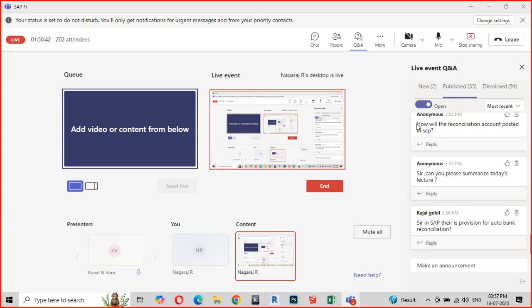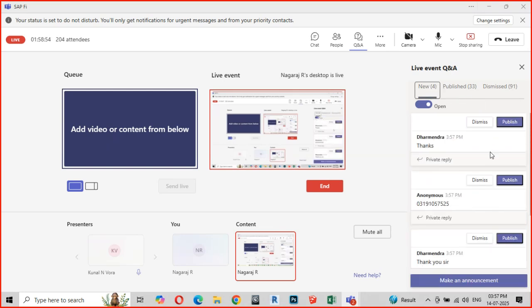This question is very, very important. Very well asked. How will the reconciliation account be posted? It is done automatically. Clear? That is the reason why you actually